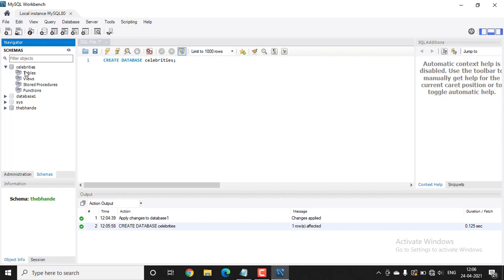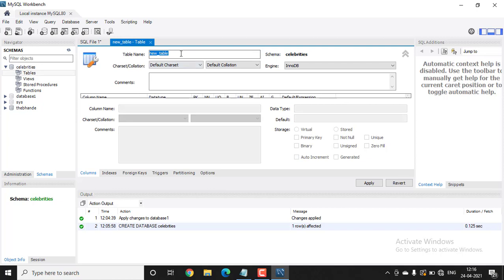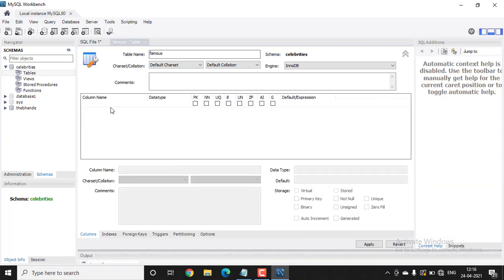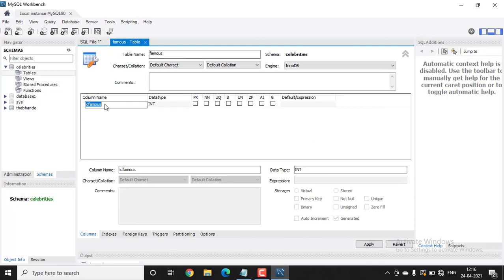Click on this, and there are no tables inside this, so let's create tables inside the celebrities database. Right click on tables and click on create table. Here we can add the name of the table, famous, and then type the column names here.